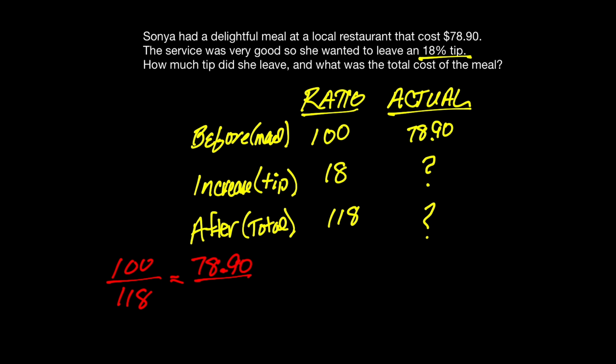Well, I'm actually looking at the... erase that whole thing. I should have written 18 there. 18 is to the tip. So I'll write, this is the amount of the tip. So what we do is we cross multiply. We take the known product, these are the two numbers that are diagonal from one another, and divide by the known factor. So when I do that on my calculator, I find out that the tip was, let's see,